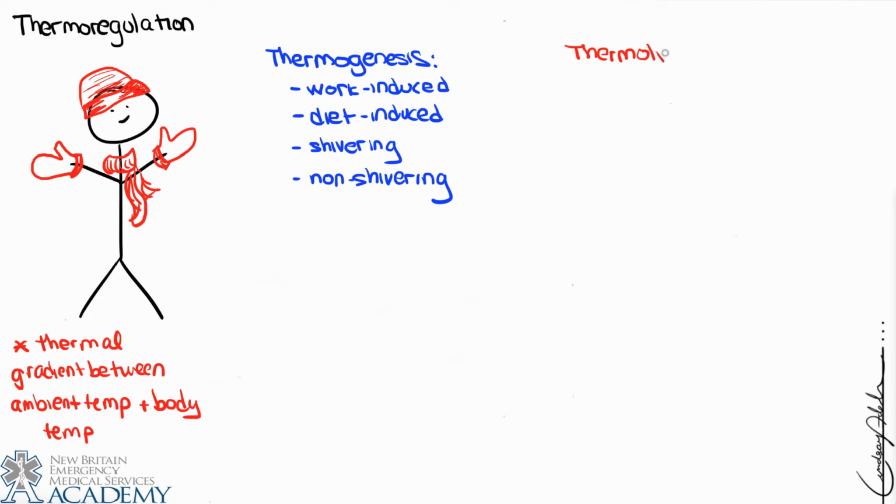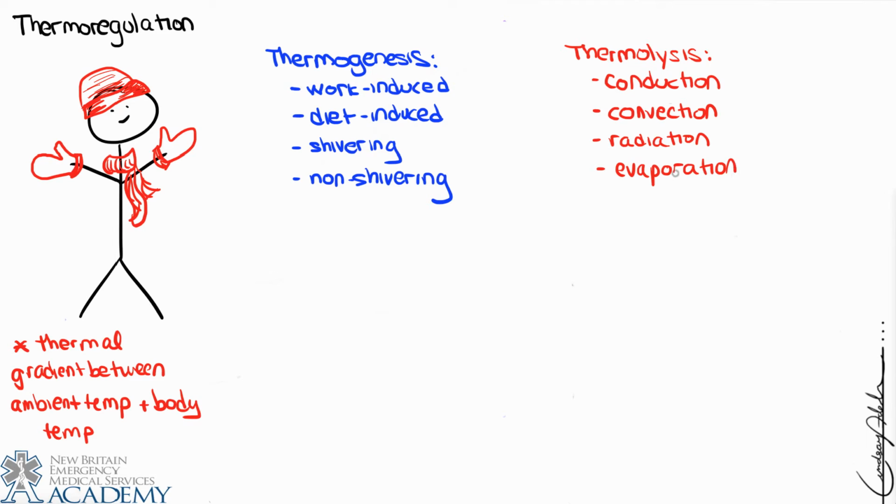And then the principles of thermolysis or heat loss include conduction, which is basically direct transfer of heat through physical contact, and heat travels from high to low. Convection, which is basically loss of heat to the air that overlies the heat source, and typically this occurs by utilizing air currents that pass over the body. Radiation is loss of heat in the form of infrared rays or radiation. Evaporation is changing state of matter of water from liquid to vapor.